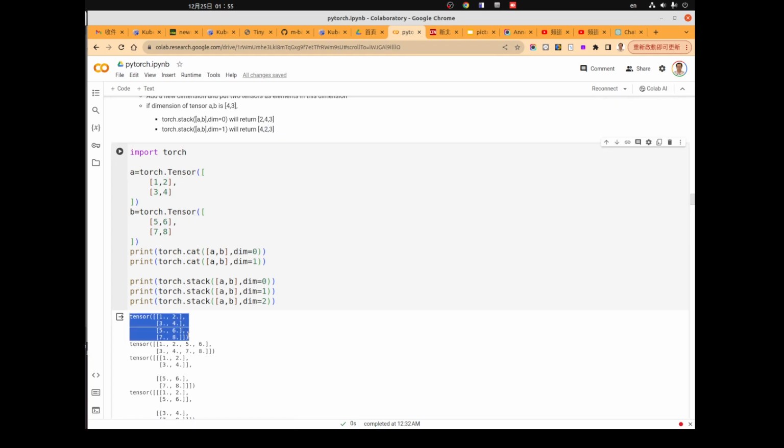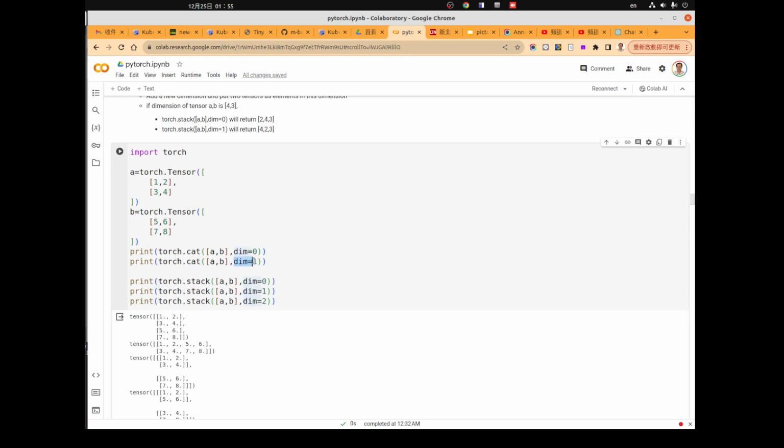So we check the result here. We have 1, 2, 3, 4 in the first dimension, and the 2 is still the same since we concat them in the first dimension. So the size of the second dimension will not change.